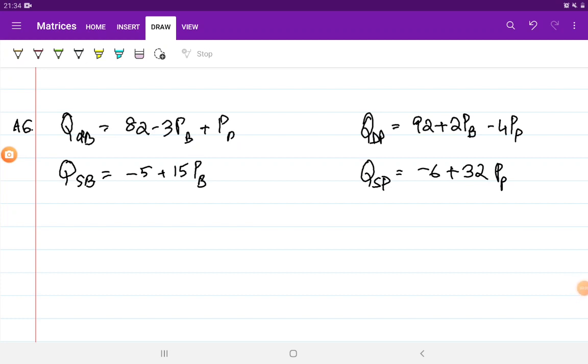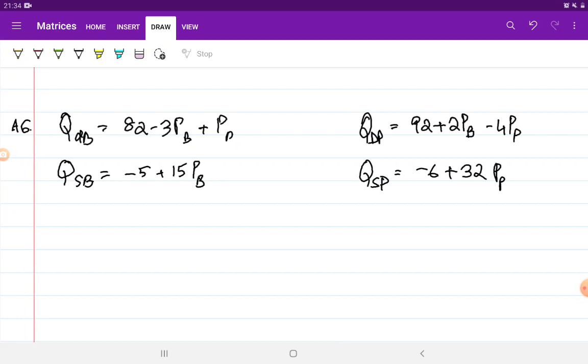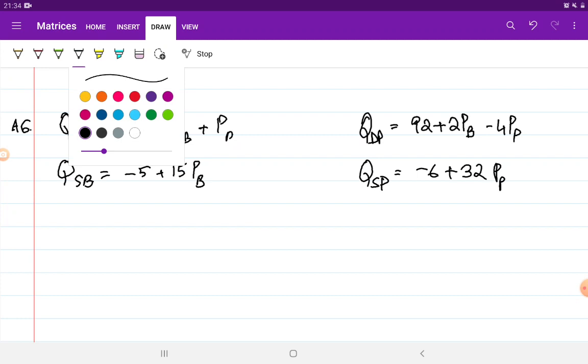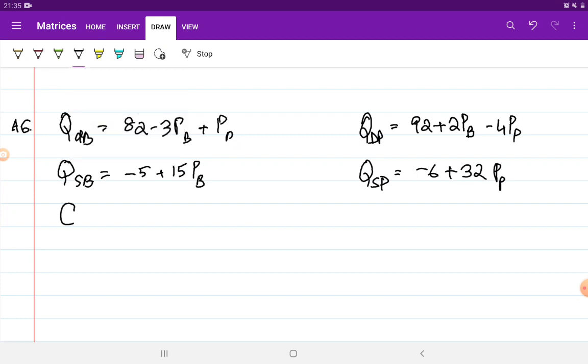We have got a simultaneous equation system that can be formed from the simultaneous equilibrium in two different markets, one for beef and one for pork. So we've got the demand and supply equations for each of these markets. The beef market will be in equilibrium when the quantity demanded of beef is equal to the quantity supplied of